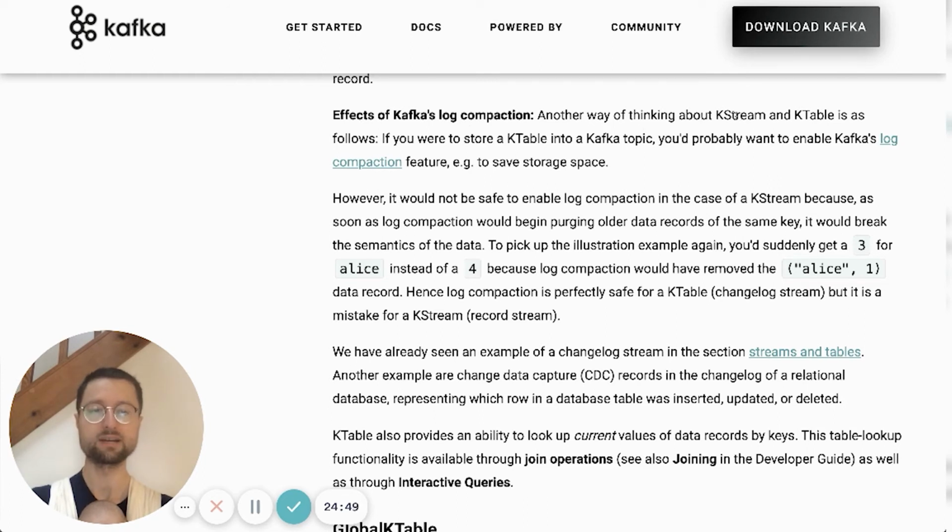Another way of thinking about KStream and KTable is as follows. If you were to store a KTable into a Kafka topic, you'd probably want to enable Kafka's log compaction feature, for example, to save storage space. Let me read that again. If you were to store a KTable into a Kafka topic, you'd probably want to enable Kafka's log compaction feature